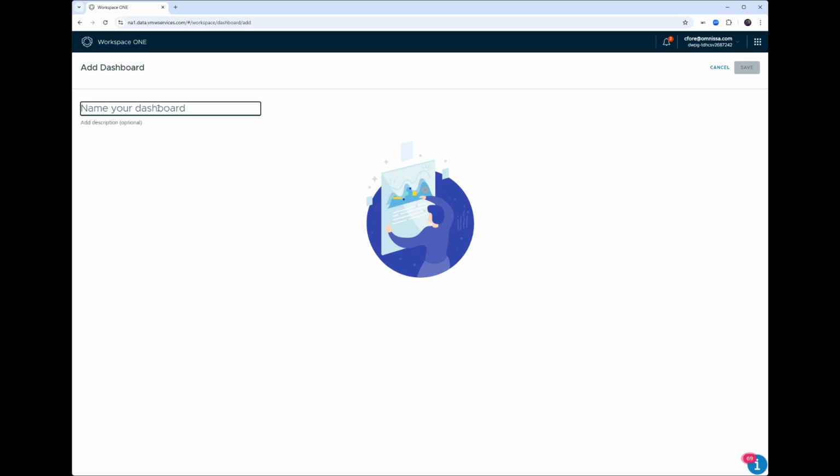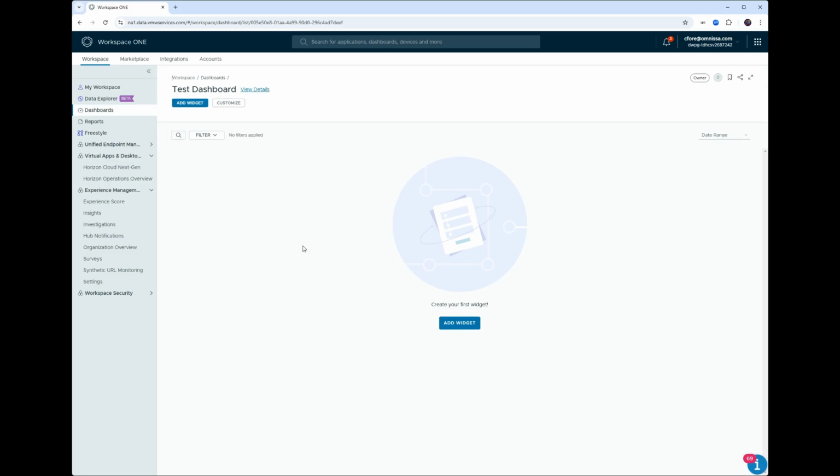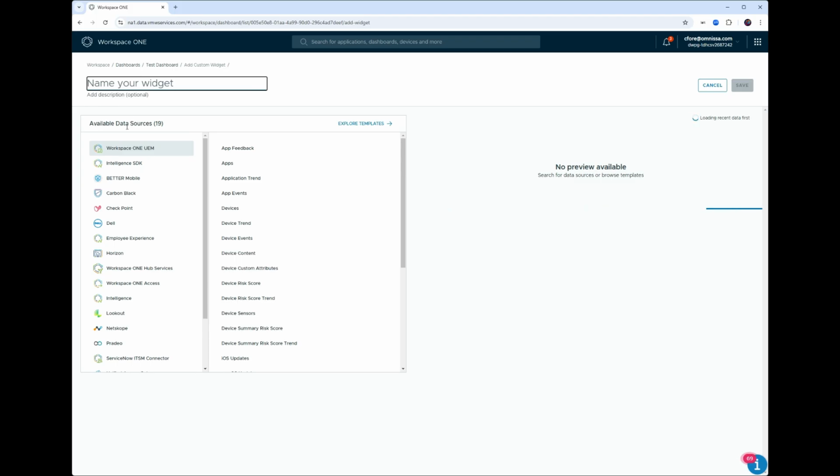To get started, I'll need to give my dashboard a name. I'll just call it Test Dashboard, and click Save. Now, if your dashboard is blank, you'll notice an Add Widget icon in the middle of the page. Otherwise, if you already have additional widgets, you can simply click the Add Widget button at the top. So click Add Widget, we're going to add our first widget,